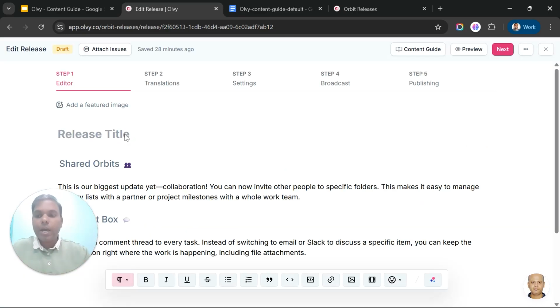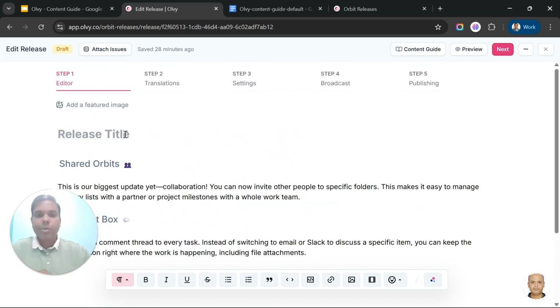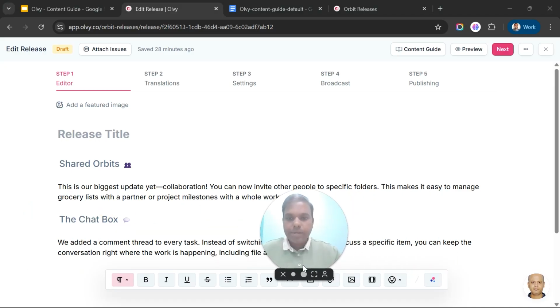I have one unpublished release readily available here, and I have scribbled a few release notes for this release. It's a typical situation for any contributor who is writing release notes for your product. They have gathered information about the release, and now they have started writing them. So this is the first draft of the release note that I have already written. There are two major issues included in this release, as you can see on the screen. And now I will show you how I can access my